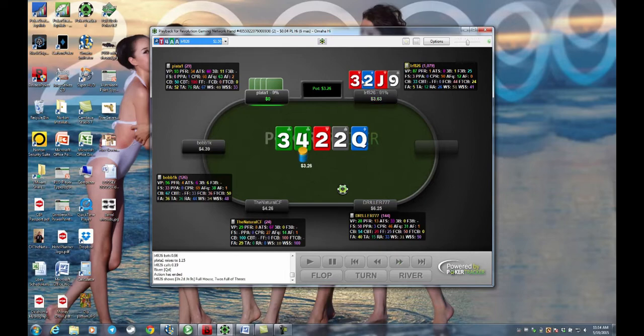So LRF has, you can see, a full house, 2s full of 3s. And the fish has just a pair of kings. So this is a good example. As you can see, this board looks quite innocuous. When the 2 comes on the turn, you might be thinking, well, what are the odds he has a 2? Well, he didn't play this hand because of the 2. Or really the 3. The 3 suited the jack. He had jack 9 with a suit, is really the way I look at this hand.